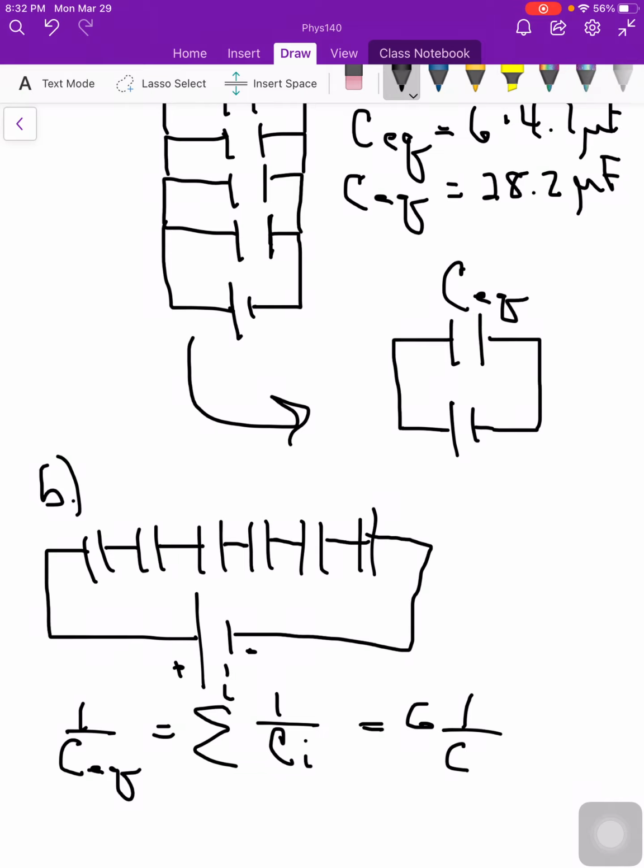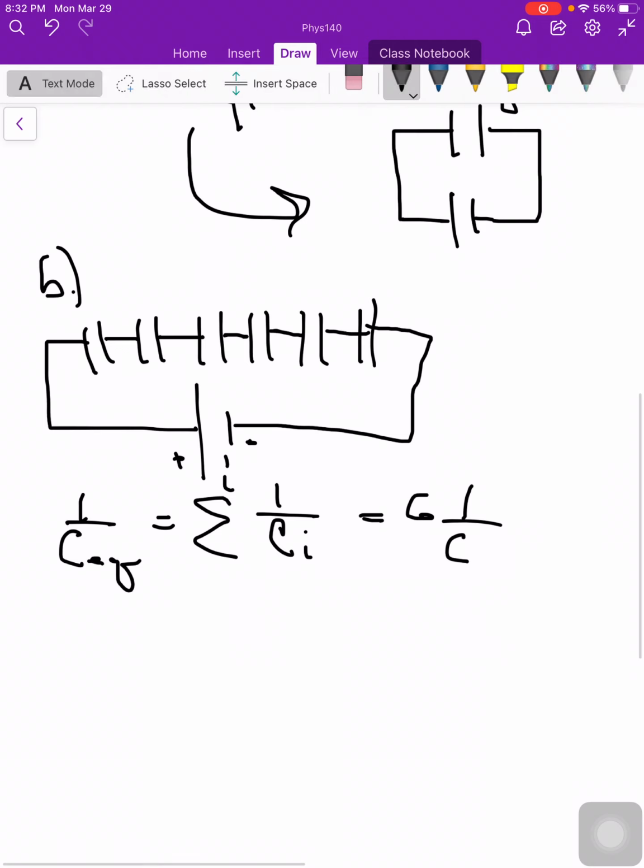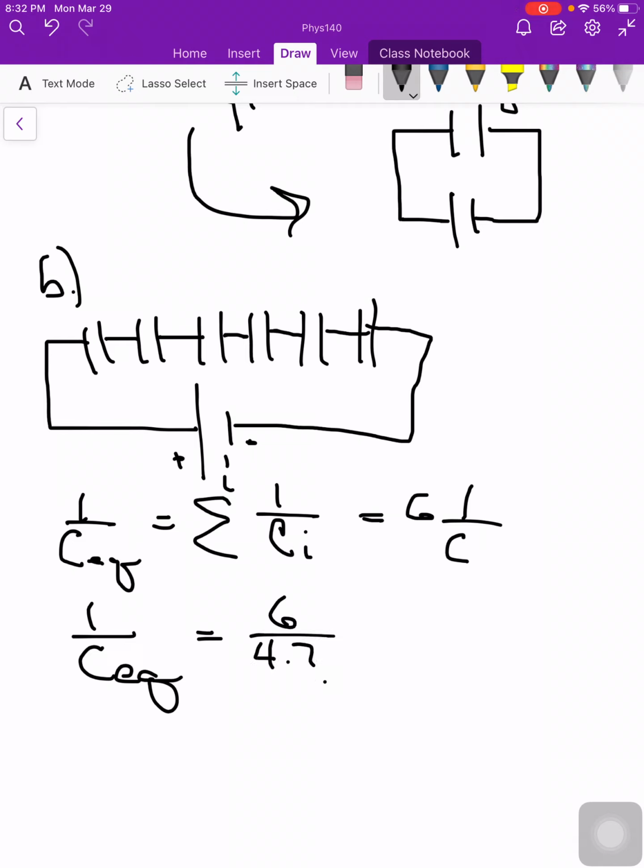And so we're going to have 1 over CEQ is equal to 6 over 4.7 microfarads. And then when I flip that, I get CEQ is equal to 0.78